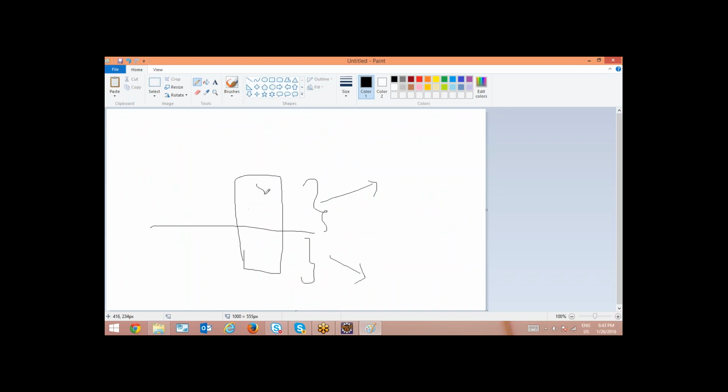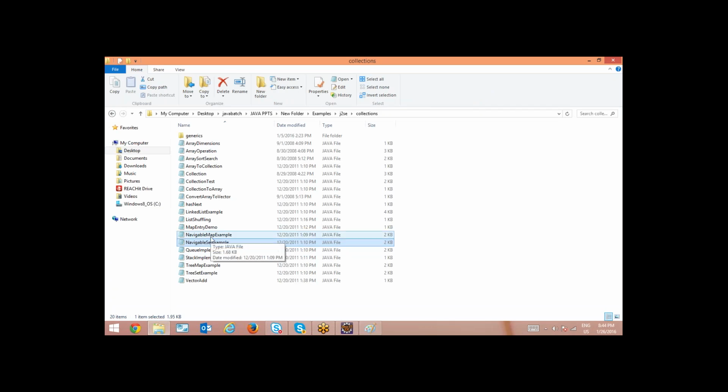Let's say my numbers are 5, 7, 2, 1, 5, 1, 8. If I give the number 2, I can find the next biggest of 2, that is 5. This is called the ceiling function. Floor: if I give 2, what is the smaller number next to this 2? This is called floor. Likewise, there are some additional methods possible in navigable map and navigable sets. So you can observe these two classes now.